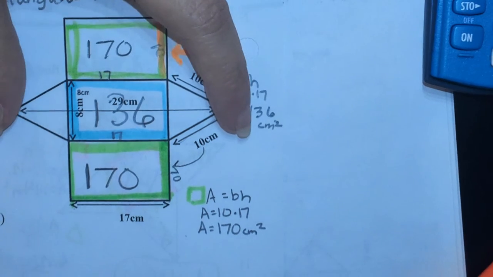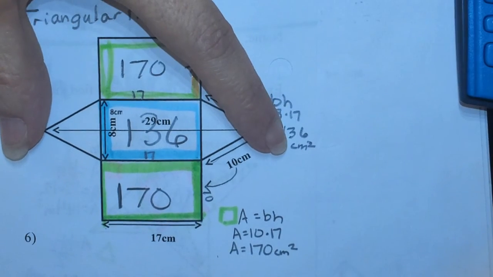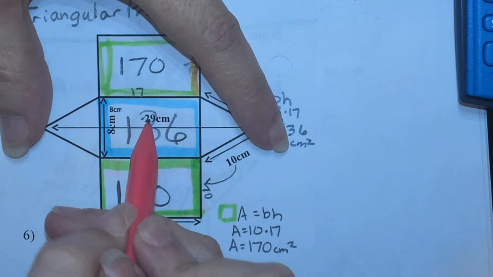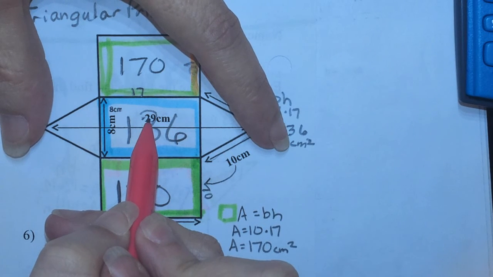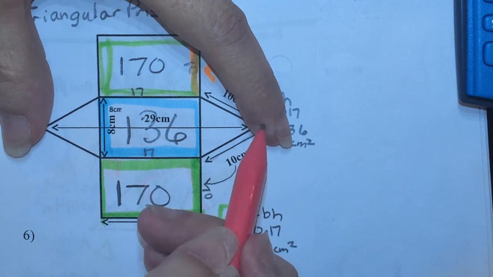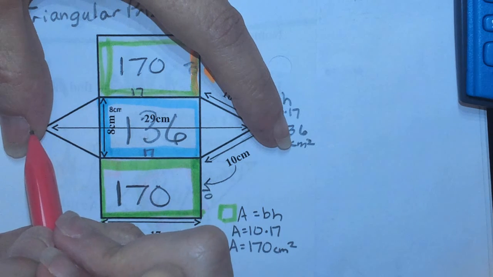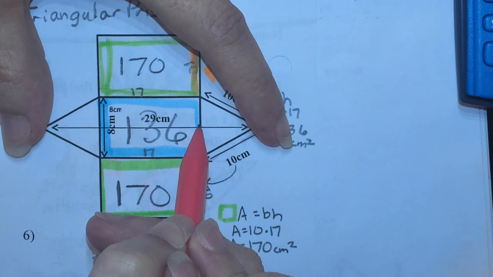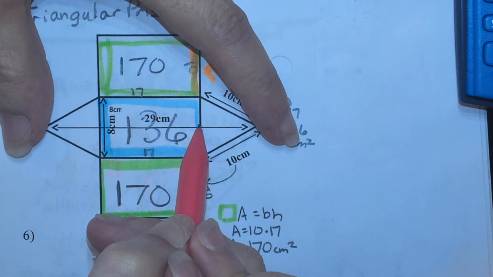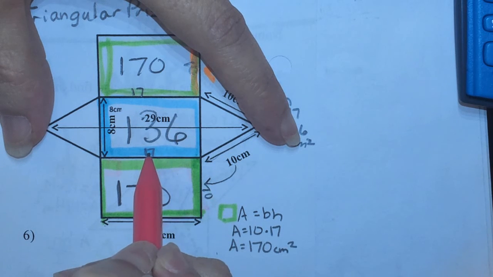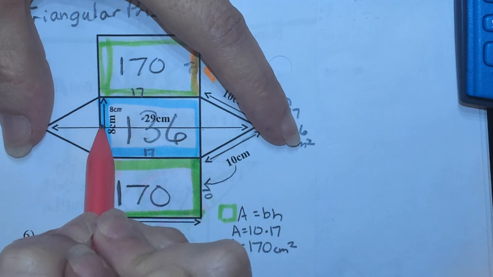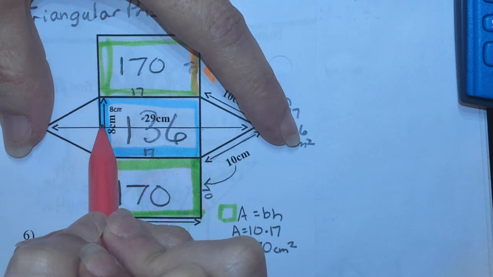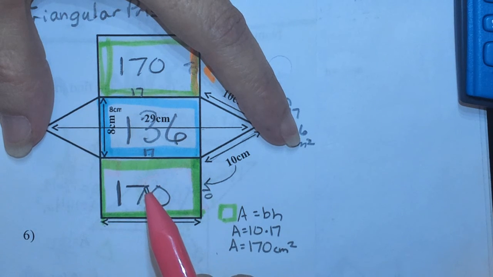From here to here is that number, 29. Guys, we only need part of it. What number can we take out of 29? 17, because we know from here to here is 17. So 29 minus 17 is